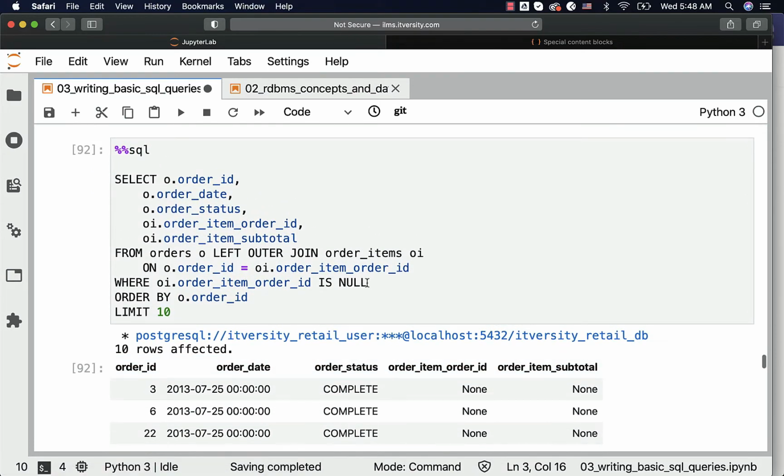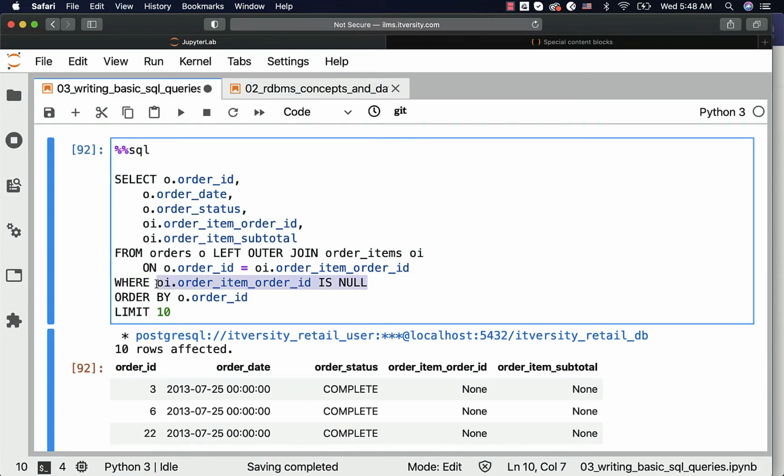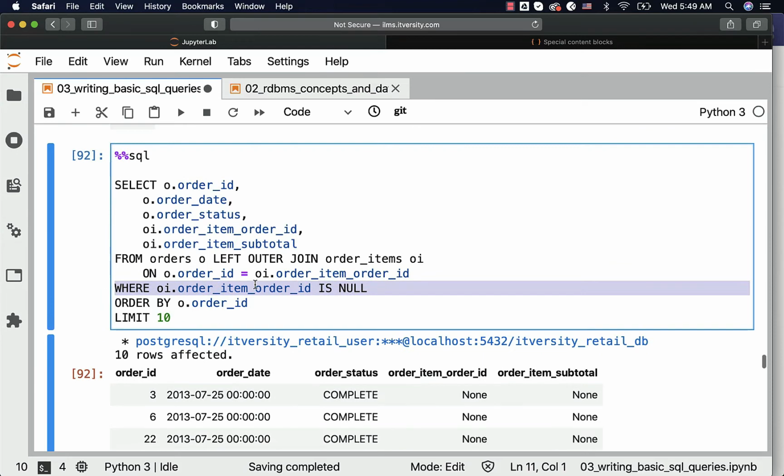When you try to specify this condition to compare against null, make sure you use the same column which is used as part of the join condition. So in this case, as part of the join condition, from order items we have used order_item_order_id to join with order_id. We have to specify that as part of the where condition to get those records which are in the first table but not in the second table. If you use order_item_subtotal, it might be null for some of those records which are in order items, and hence you might get incorrect results. Always try to use the same column which is specified as part of the on clause from the second table as part of the where condition so that you get the correct results.